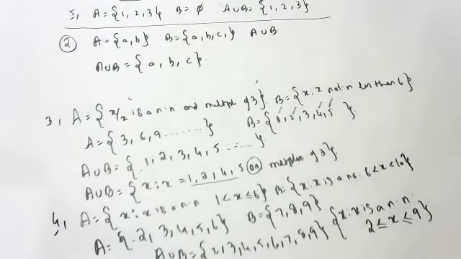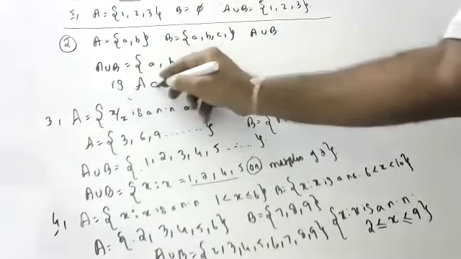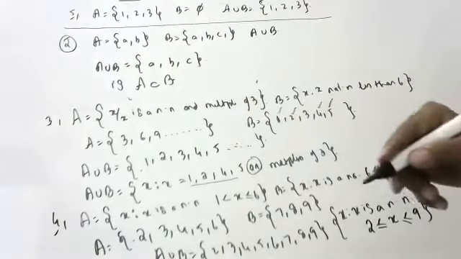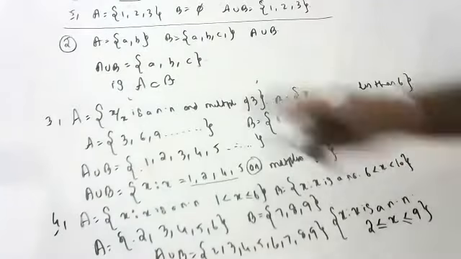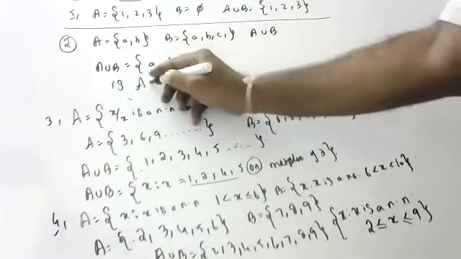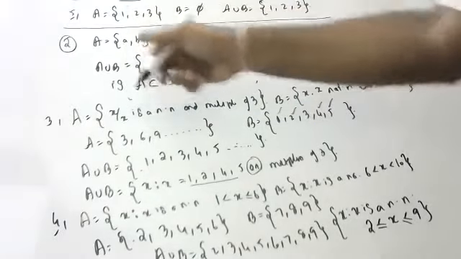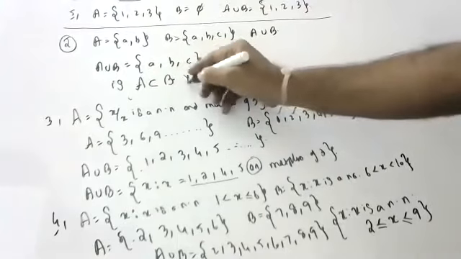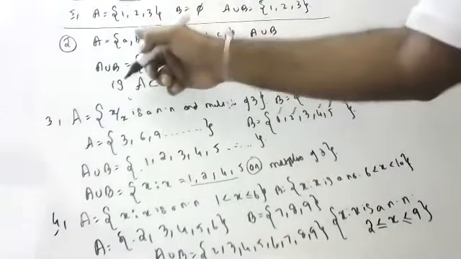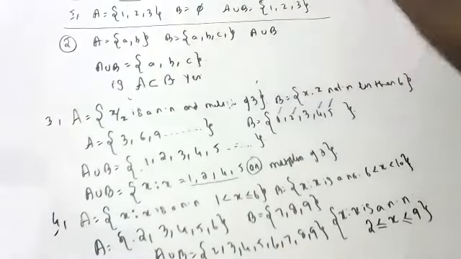Okay. Now there is one more question, children. Is A a subset of B? This is the question. Yes, sir. All the elements which are there in A are also there in B, so A is a subset of B. Why? Because you have to say all the elements of A are also present in B. This is the second question, children.